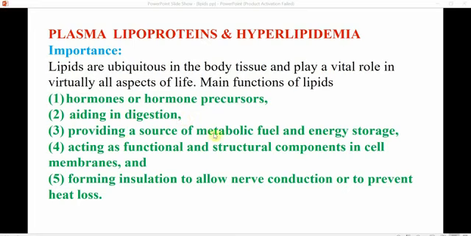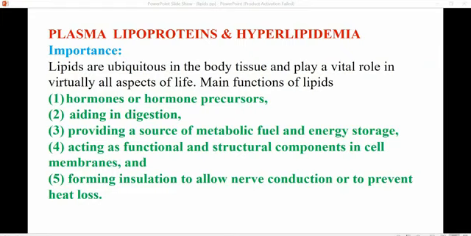Third, providing a source of metabolic fuels and energy storage, represented by triglycerides in adipose tissues. Fourth, acting as functional and structural components in the cell membrane, for example, phospholipids. Fifth, forming insulation to allow nerve conduction or to prevent heat loss. It is important, found in the nerve tissue and also in the subcutaneous tissue, to prevent heat loss from the